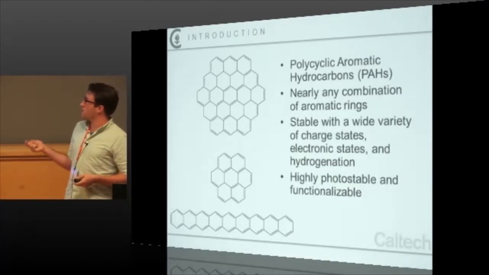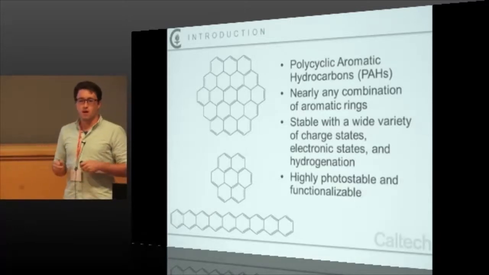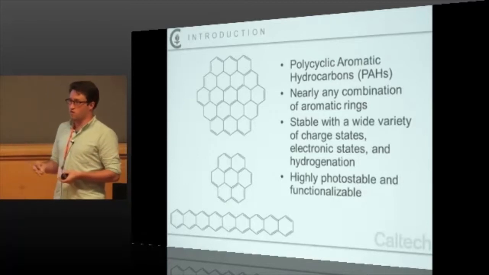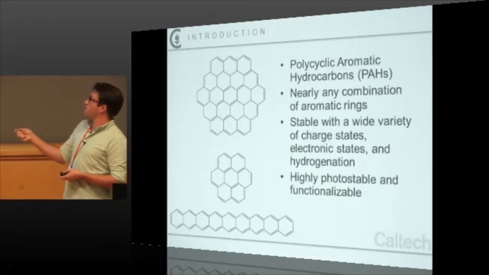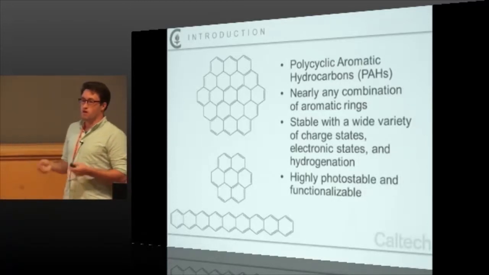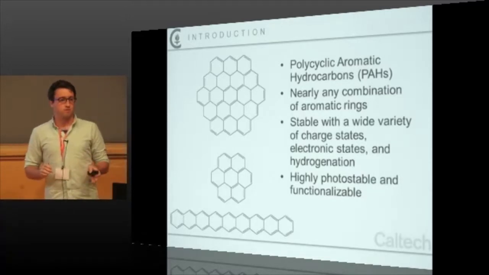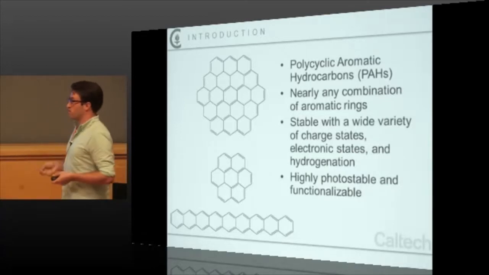Mainly it's this conjugated pi system gives it a ton of stability. So you can ionize the heck out of it, singly, doubly, triply ionize it. You can add electrons to the system. You can take every single hydrogen off the edge of this ring. You can take every single hydrogen and give it a second one, and they're completely stable, very happy, and will continue to just float in space.